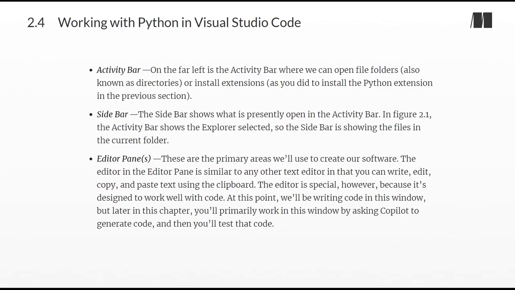Activity bar. On the far left is the activity bar where we can open file folders, also known as directories, or install extensions, as you did to install the Python extension in the previous section. Sidebar. The sidebar shows what is presently open in the activity bar. In Figure 2.1, the activity bar shows the Explorer selected, so the sidebar is showing the files in the current